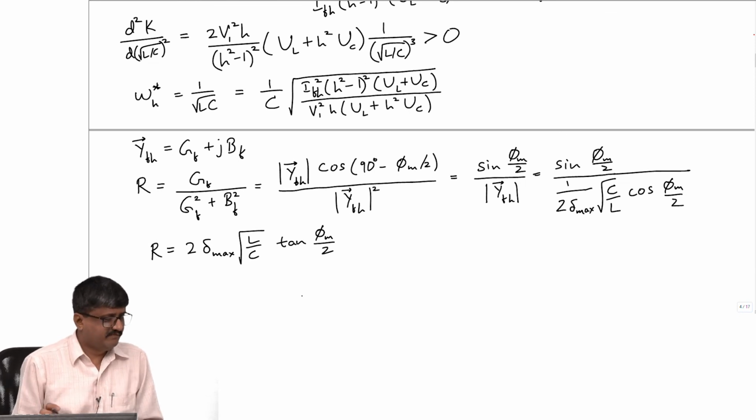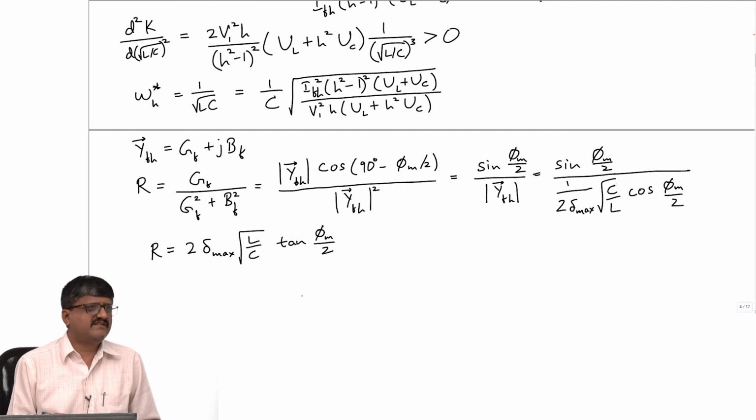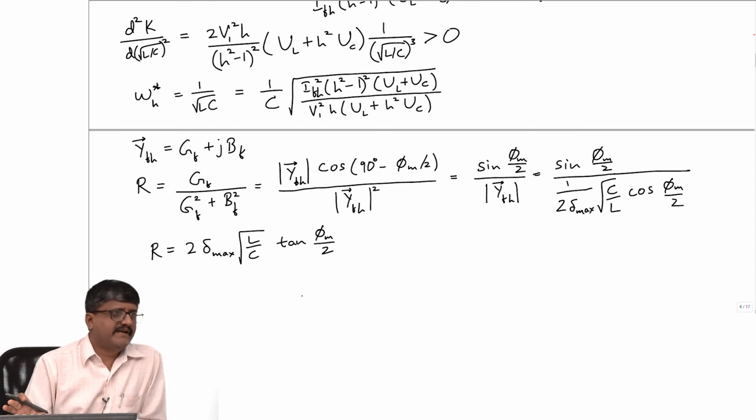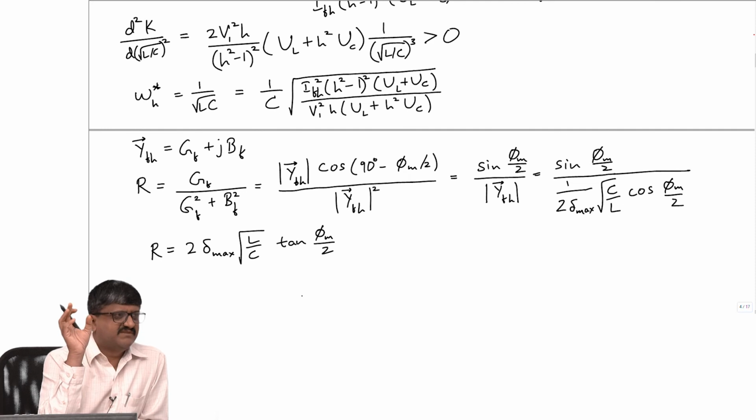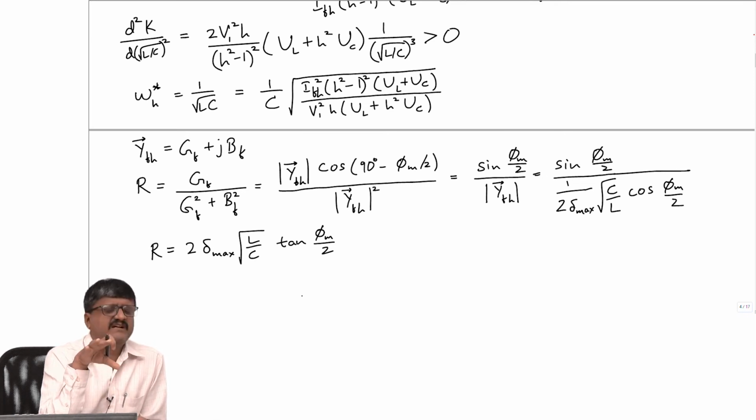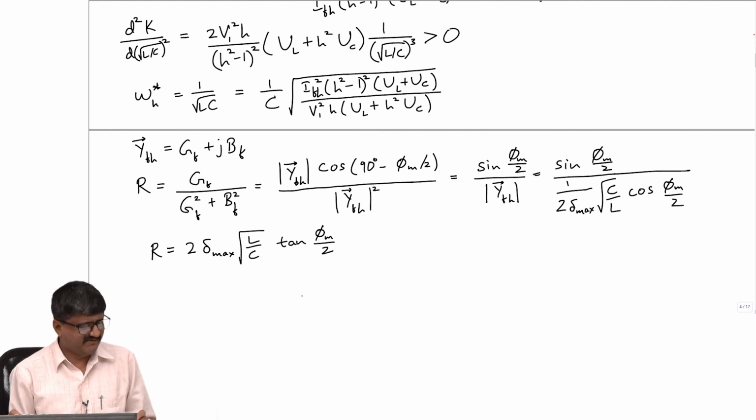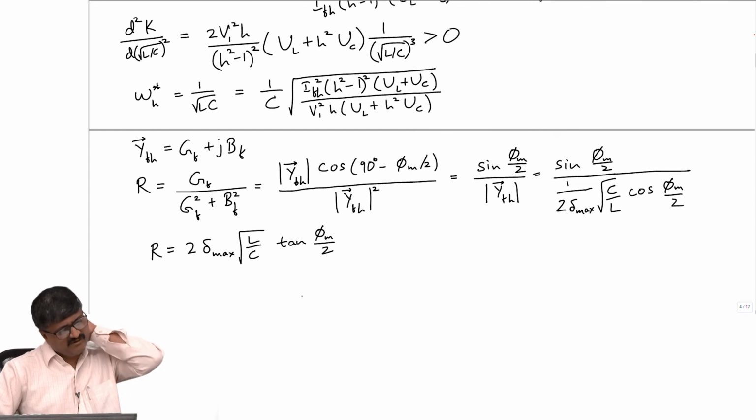So this is a single tuned filter. It's the simplest possible design by making some assumptions. First of all, we made the assumption of ignoring the variation of the values of inductance L and C itself. So we designed this filter by just considering the variation of the system frequency, that's all. If we consider even the variation of L and C, it becomes even more complicated. So this is the simplest possible design, but we will not go beyond this. So this is what is known as single tuned filter.